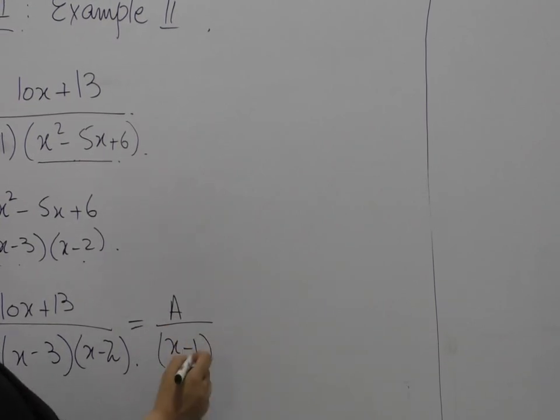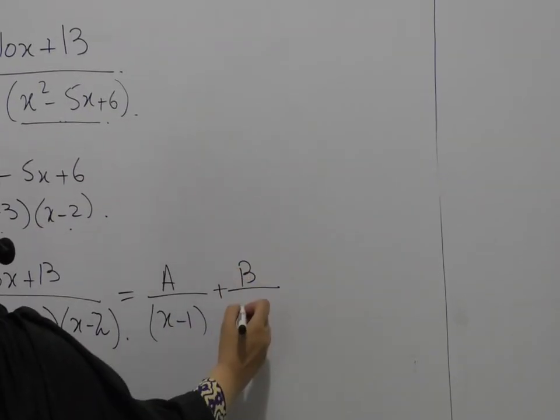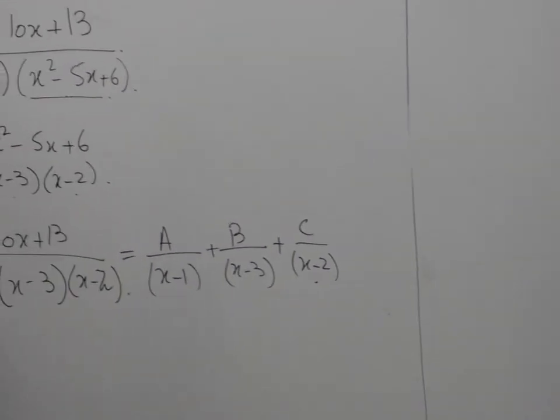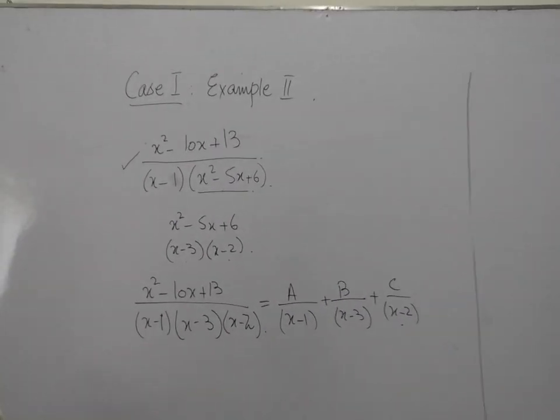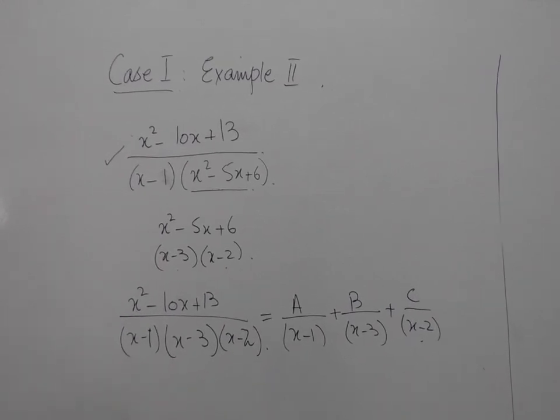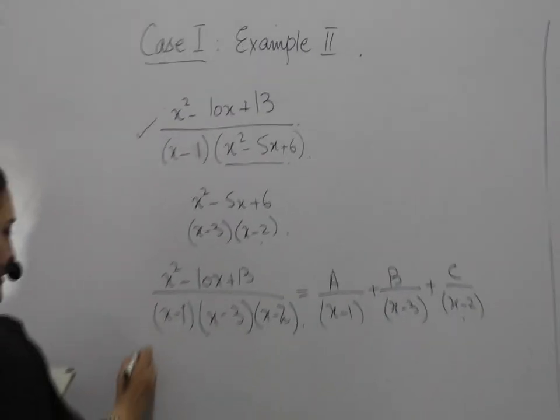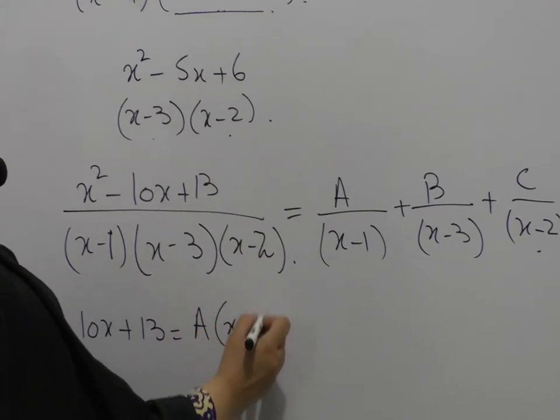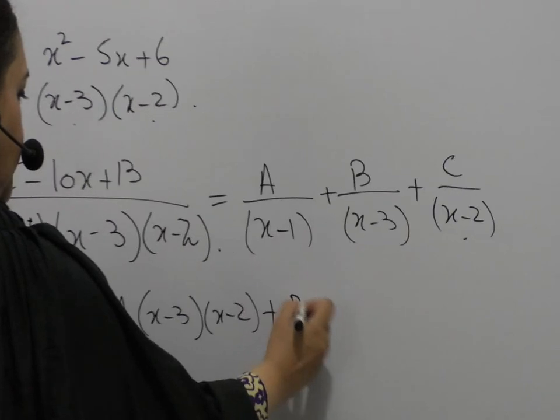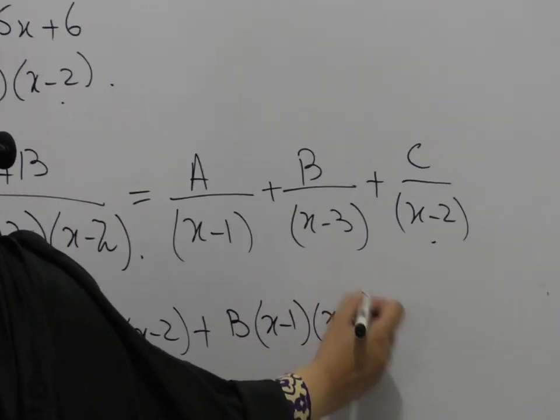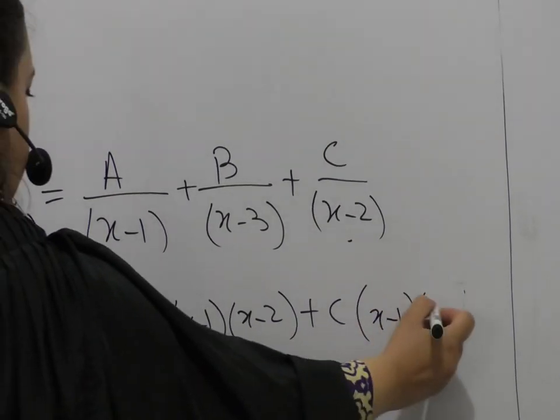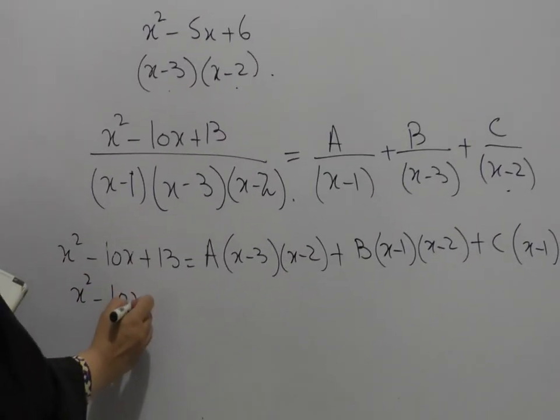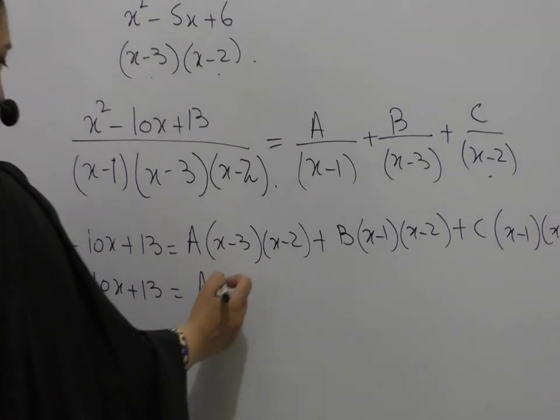A divided by x minus 1, as we did in the last example, plus b divided by x minus 3, plus c divided by x minus 2. The remaining procedure is the same: after multiplying both sides with x minus 1, x minus 3, x minus 2, it becomes a into x minus 3, x minus 2, plus b into, and plus c into. Now multiply these factors, it becomes